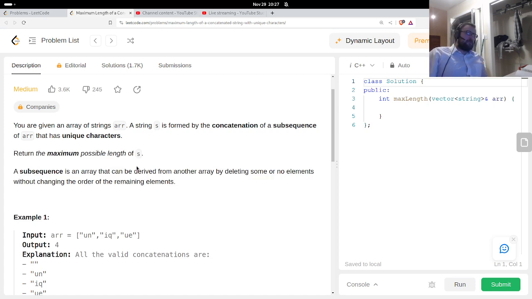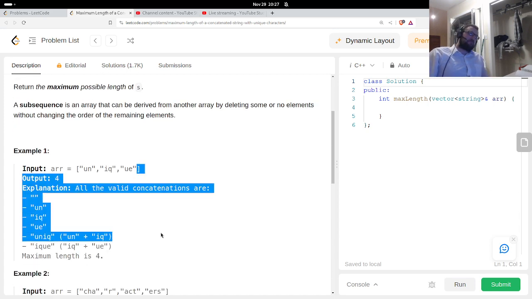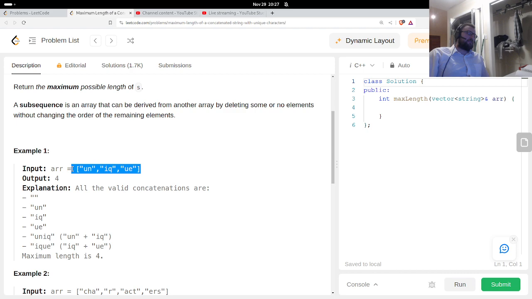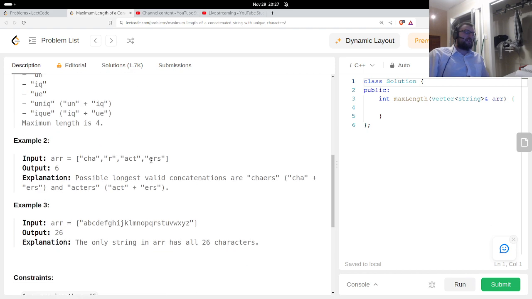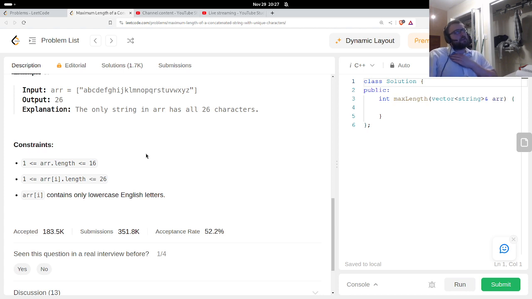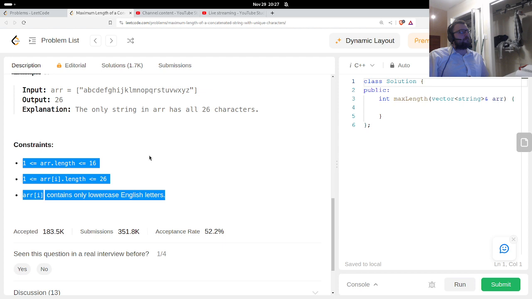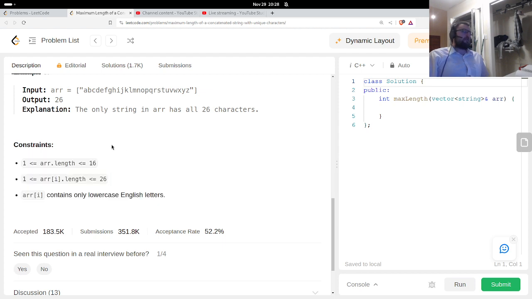You could go through all the possible subsets and then filter out the ones that have unique characters, and then also just get the largest size of those. I mean, you could do it that way.